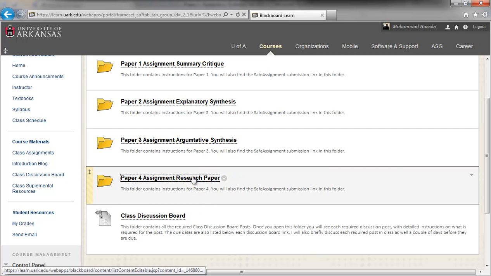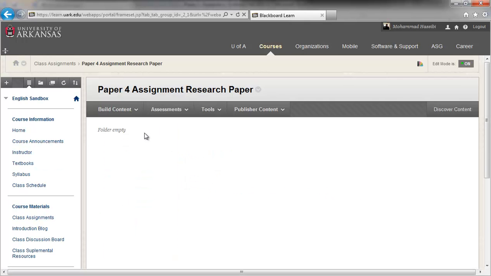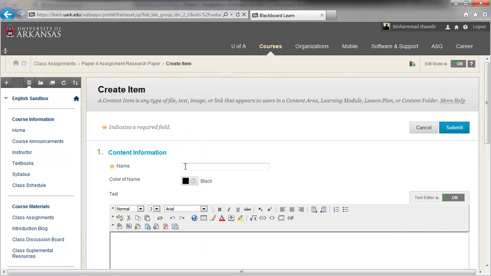So double click on paper 4 assignments, the research paper. Okay, we're going to go to build content. We're going to create an item. Okay, I'm going to call this paper 4 research paper. Okay, and again, I have a sample